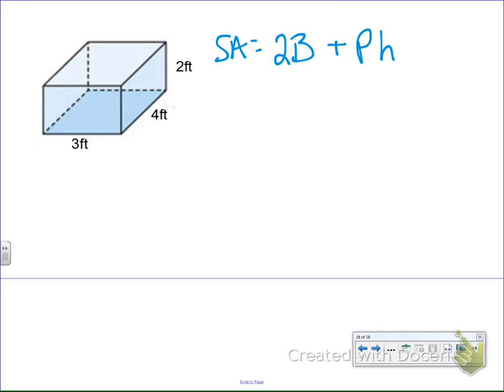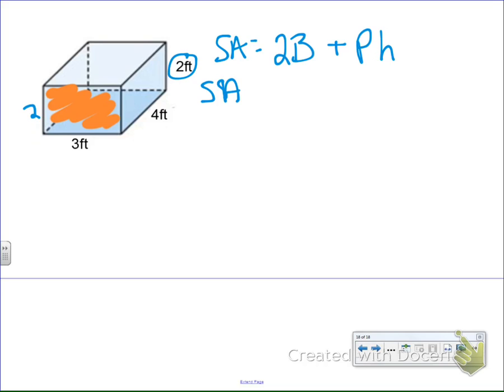So here I have a little rectangular prism over here. I need to start out by identifying my base. I'm going to make this end rectangle my base. So if I'm looking at my dimensions, I can see the 2 back here, which means that this side is 2. So if I'm going to set this up, I'm going to write it out, and I'm going to say